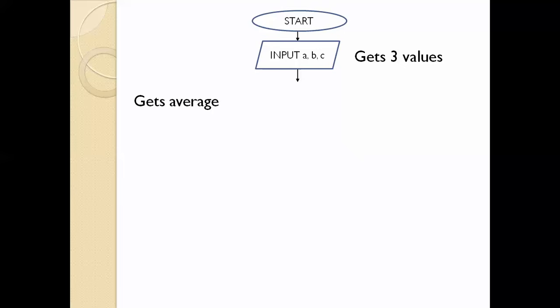So let's get an average. So we need that. So we have an equation here for getting your average. So we will add A, B, and C and divide by 3 because there are 3 values. So after that,